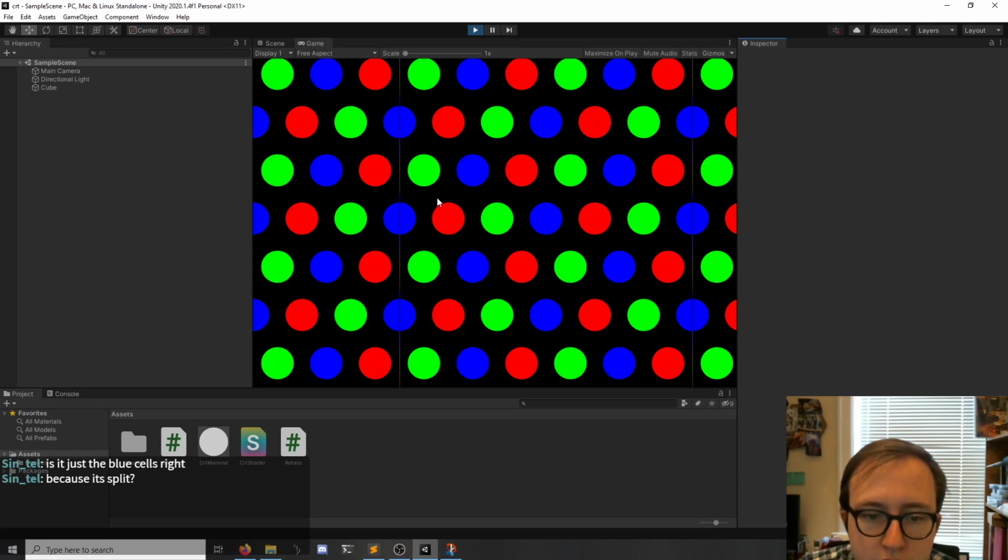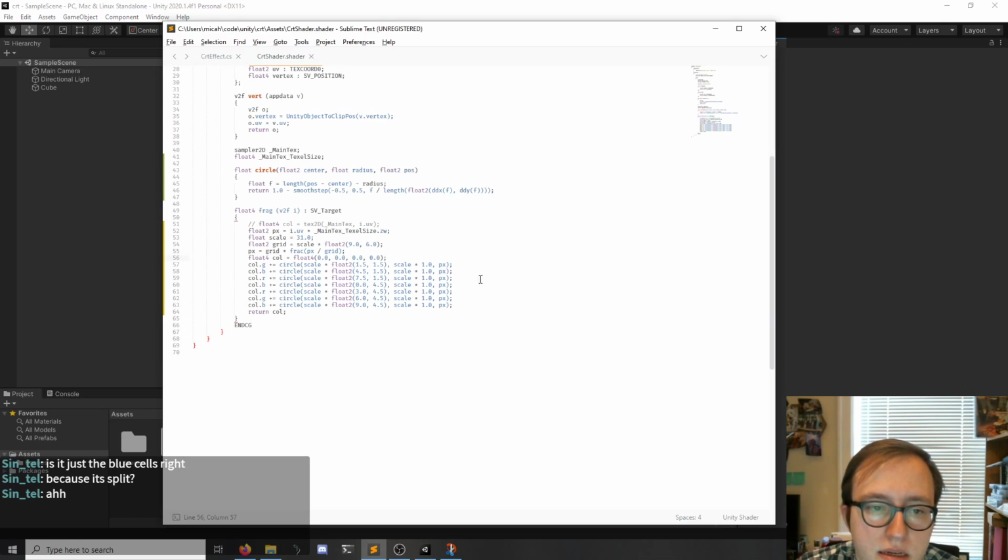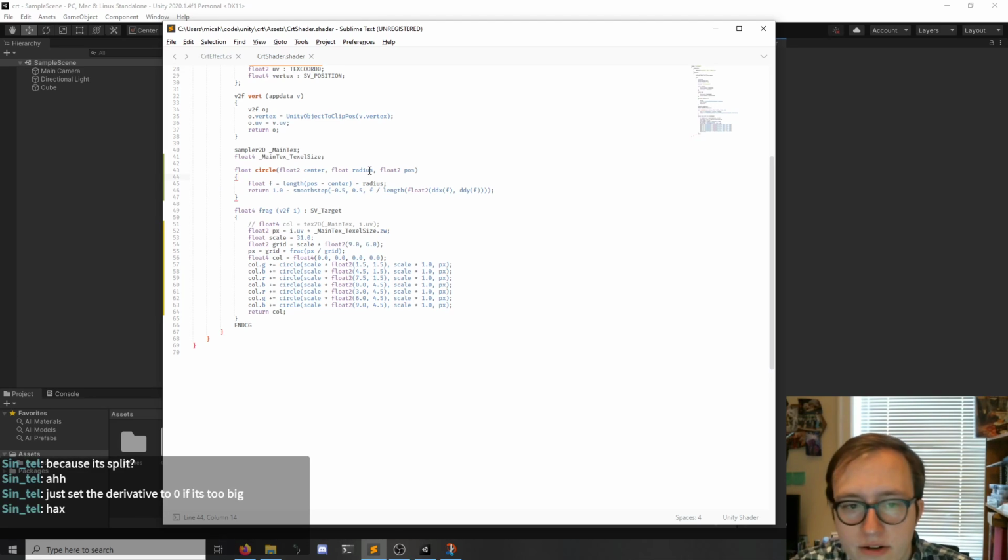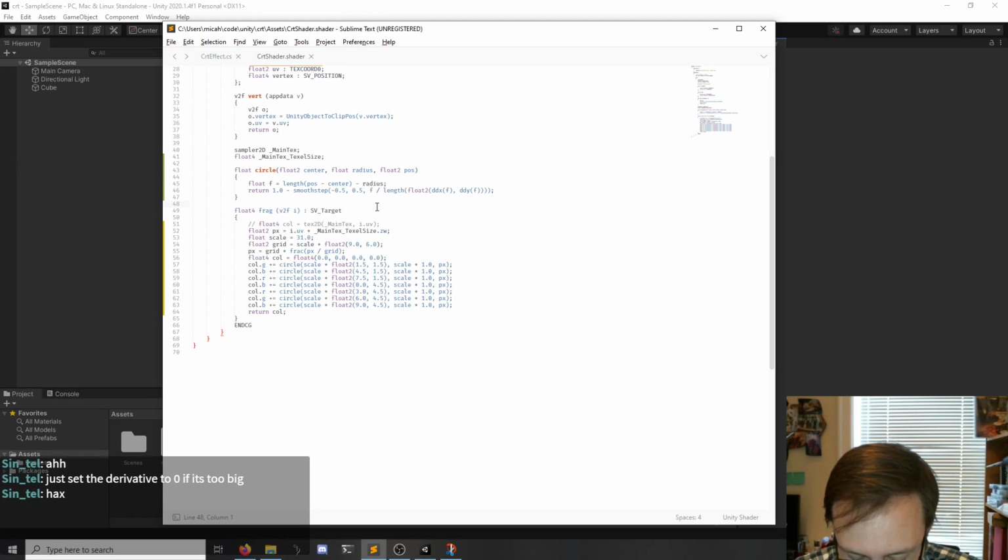And the problem is, like you said, the discontinuity in the derivatives. So basically I can't use domain repetition and screen space derivatives directly on the distance values, but I can basically auto-differentiate this thing by hand. And then well, the thing is, if you set the derivative to 0, it just doesn't anti-alias. And I want it to anti-alias,